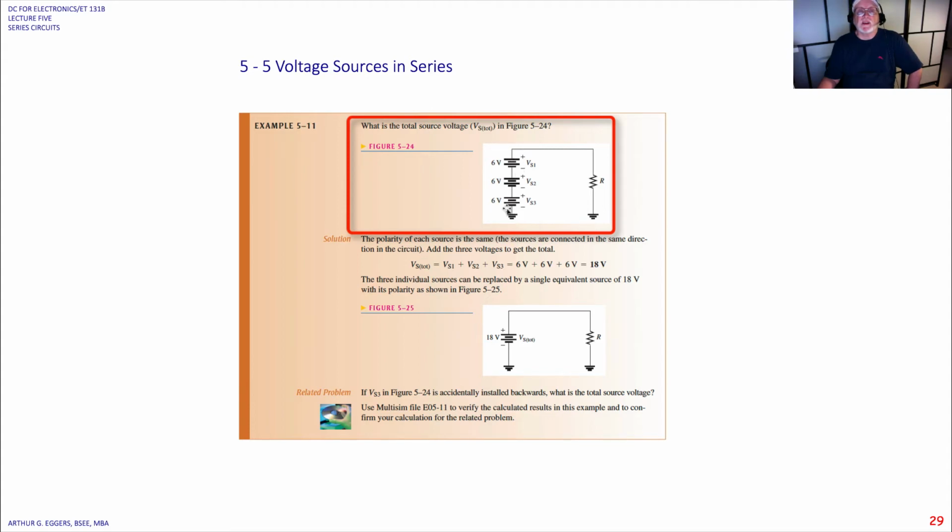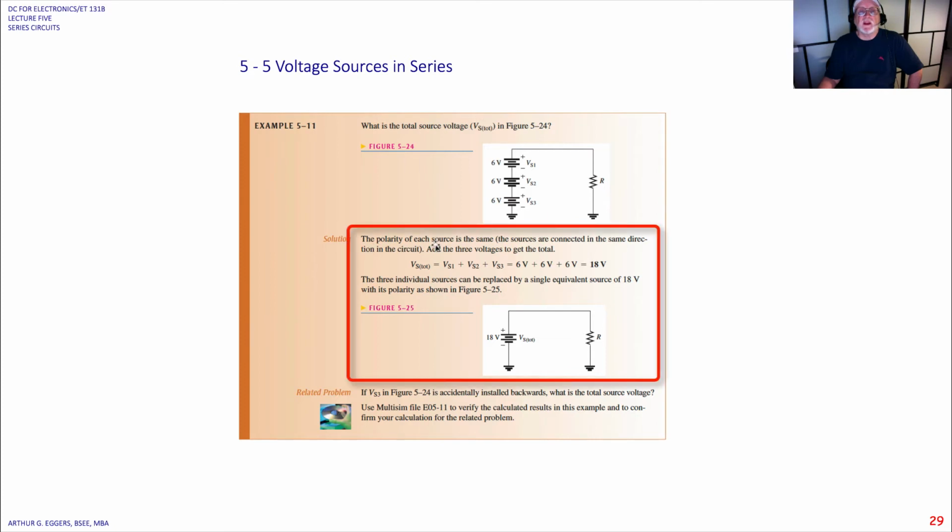So if we look at this example, what's the total source voltage in this simple series circuit? We've got 6 sources and 1 resistor. You'll notice the polarity first, all the same direction. So it's 6, it's 12, it's 18. We've got 18 volts across a resistor. The polarity of each source is the same. The sources are connected in the same direction. So 6 volts, 6 volts, 6 volts gives us 18 volts of equivalent